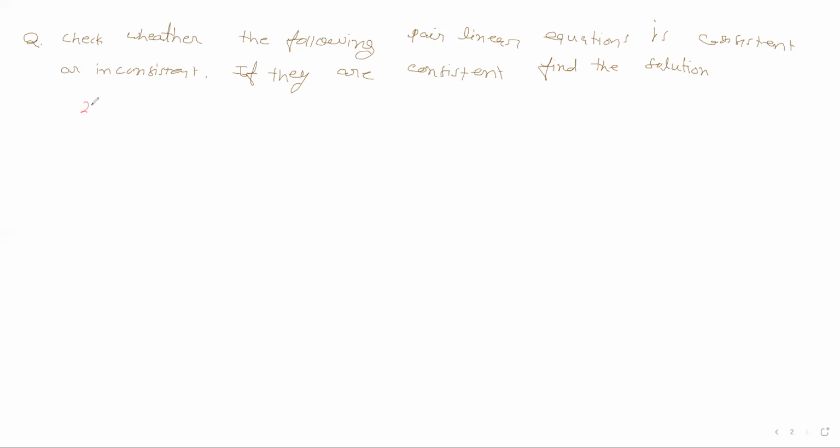So equations are 2x minus y equals 2, and 5x plus 2y equals 23. Equation 1, equation 2. Okay. So for equation 1,